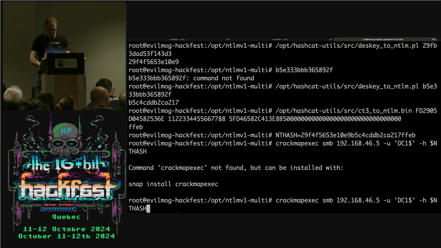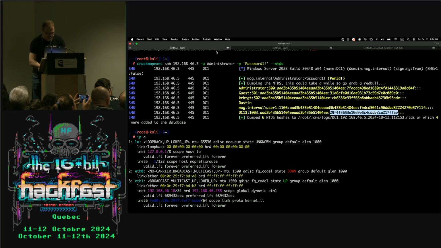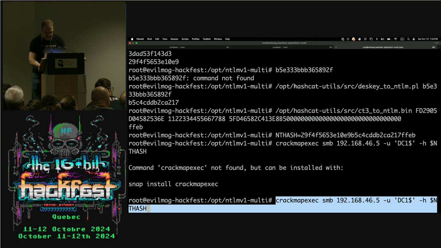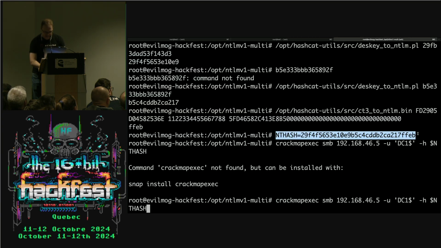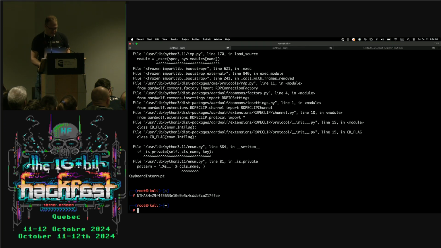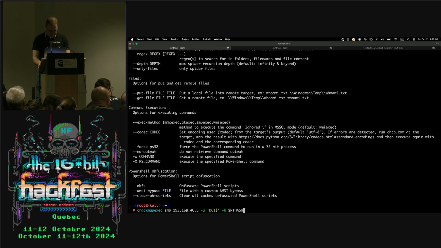Oh wait, I'm on the wrong tool. My bad. We're gonna copy this into Kali. And obviously I'm gonna need to do this. That's gonna fail because NT hash doesn't exist, so we're gonna grab it. You know what? Let's just do it.